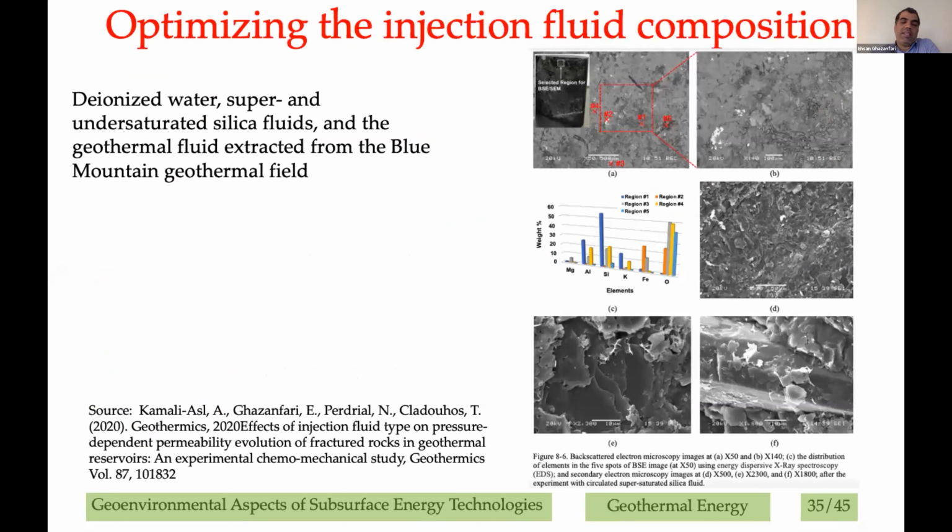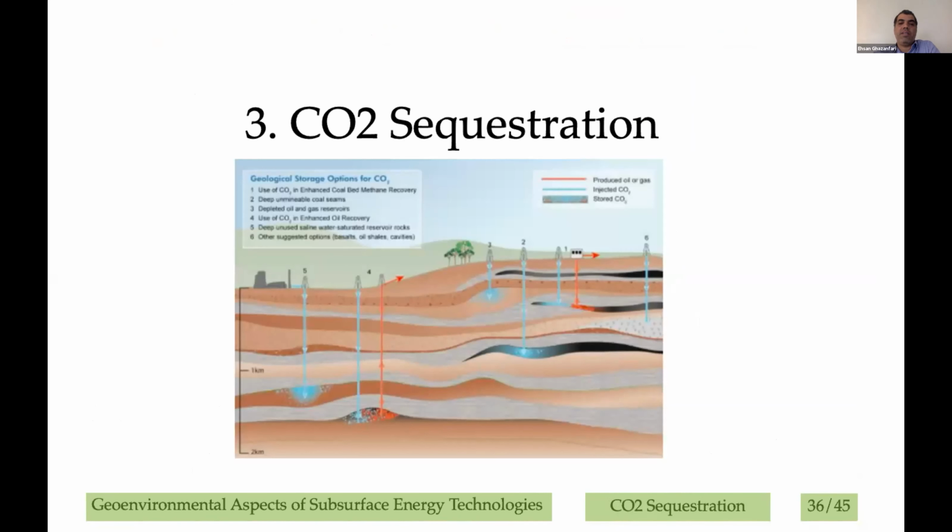Later we looked at some of the precipitated minerals along the two edges of the block. So you can see on the right of your screen the precipitated minerals on the two ends of the fracture. And that was additional evidence of precipitation along the edges of the fracture surface. And so it provided us with some insight into the precipitated minerals in the process of injecting the fluid in a similar condition to an EGS.